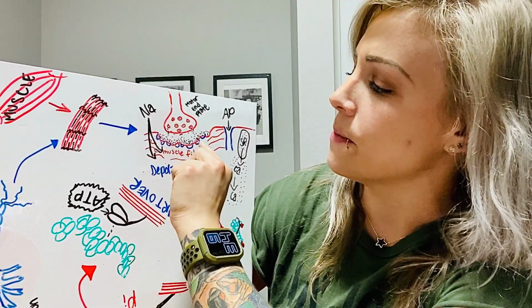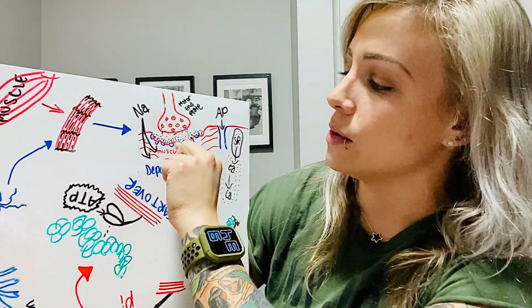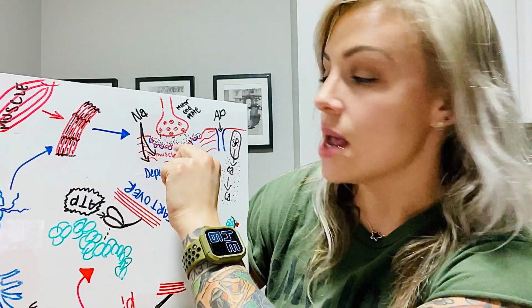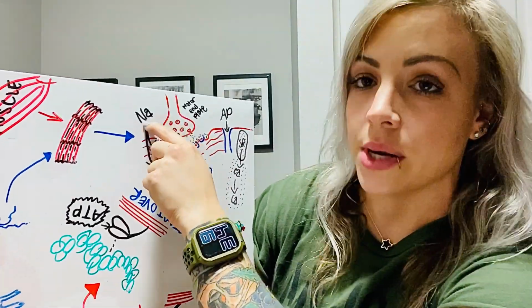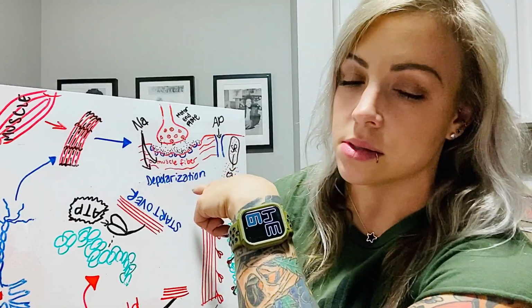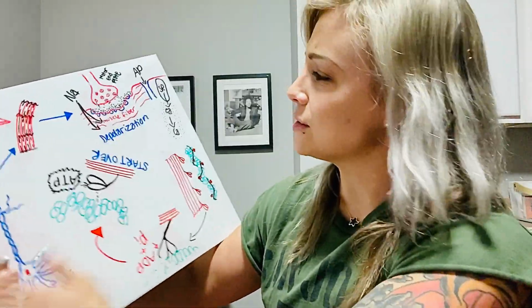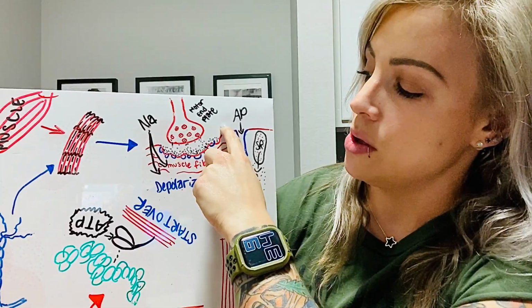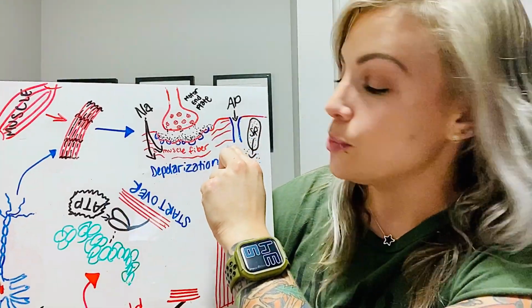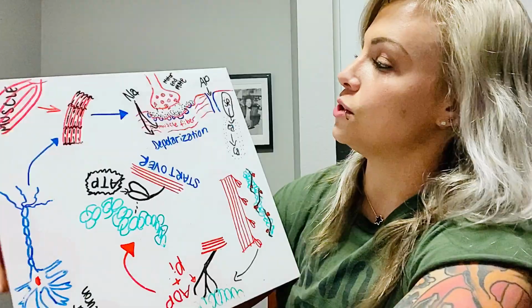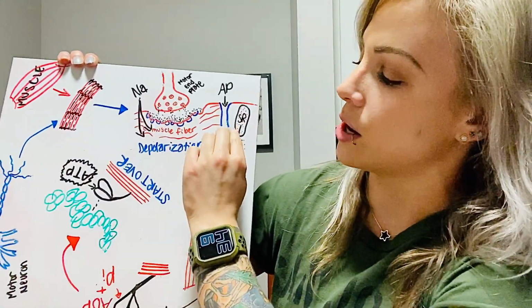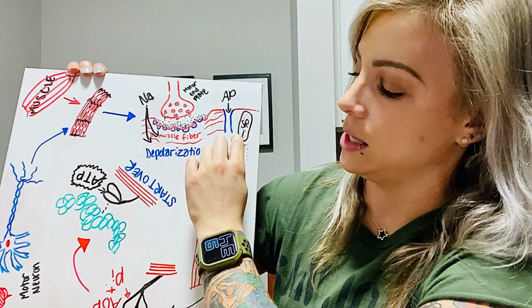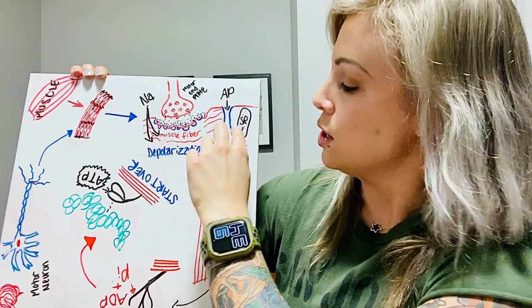After the acetylcholine binds to the receptors, it then allows sodium to rush into the muscle cell, causing it to depolarize, or making the muscle cell become more positive. After the muscle cell depolarizes, it then signals an action potential, which goes down our T-tubule. And after the action potential goes down our T-tubule, it reaches our sarcoplasmic reticulum, causing calcium to flow out of